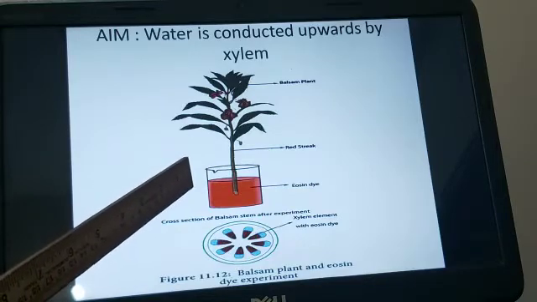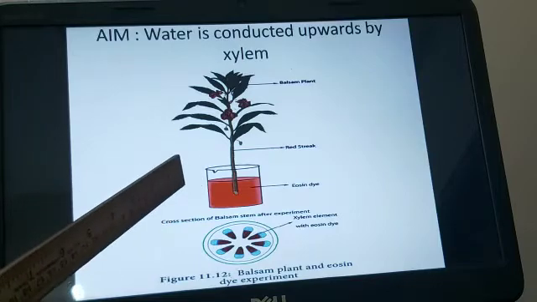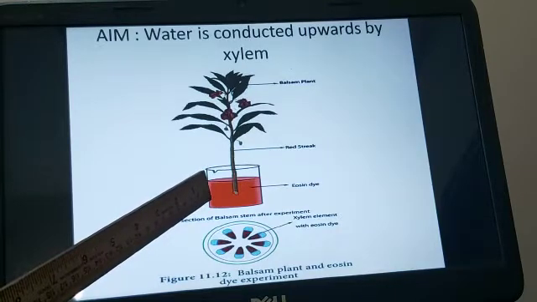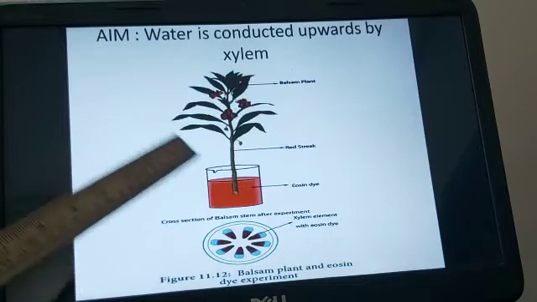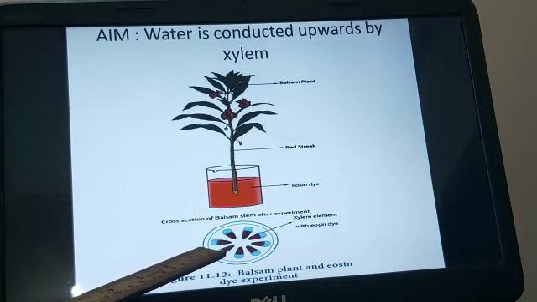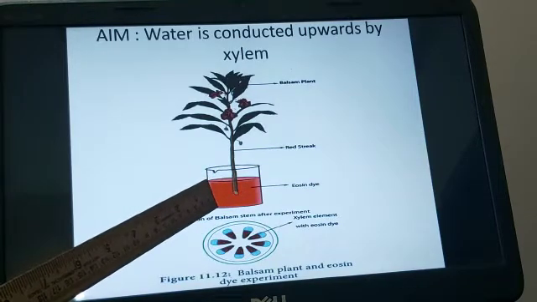So children, this experiment, as I told you, you can do in your house also. You can take either a carrot or a radish, any one of these, and then you can immerse that carrot or radish with one end in the colored solution or ink water and leave it for some time. So maybe if you start this experiment in the morning, in the evening time you can take that radish or carrot and cut it across, and you see that in the middle of the carrot and radish, whichever colored solution you used can be seen.